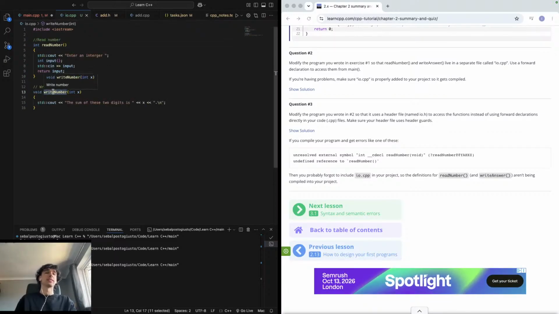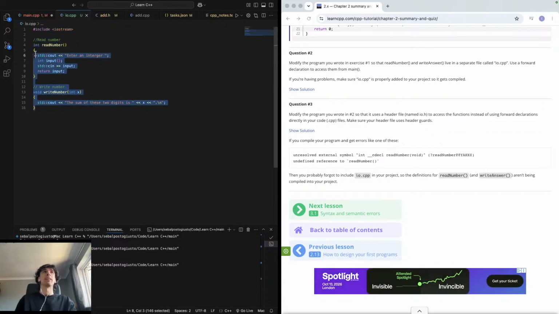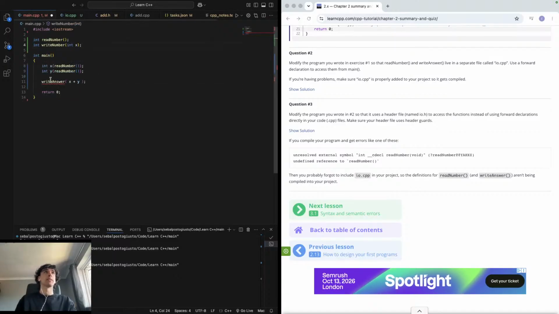Maybe I should have copied and pasted it, but I prefer to write out the code, just for practice's sake. So write number, this needs to become write number,